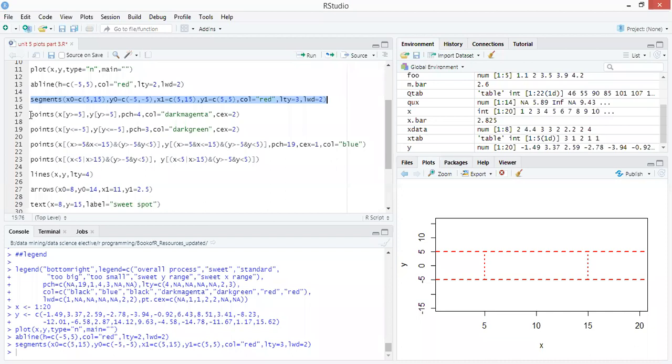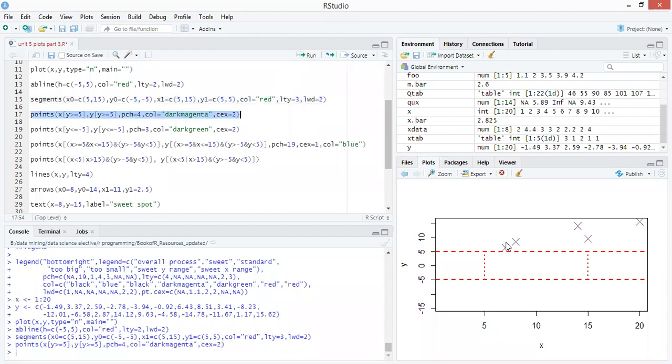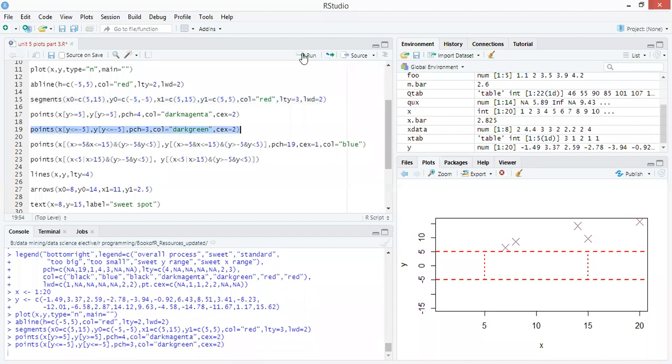Now we find the points whose values are greater than 5. So we have all the points that are greater than 5. Again, we find those points whose values are less than -5, where the y value is less than -5. Then we consider, within the segment, the points where the x and y range are available.